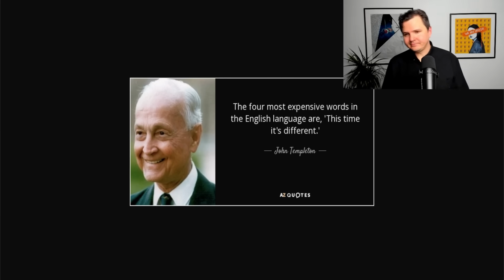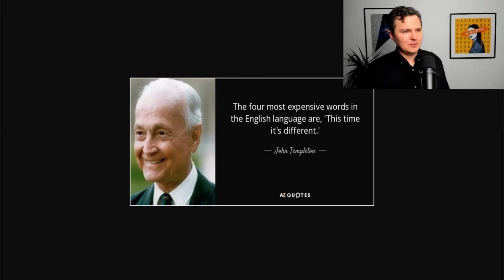Here's a quote for you. The 4 most expensive words in the English language are "this time is different." It's from the legendary investor John Templeton. Now, this is a very important line, because basically what it means is that usually this time is not different, because there's a factor in investing that tends not to change, and that's you, me, and all the other investors. Human psychology tends to get us in similar situations, which is part of the reason why we have market cycles